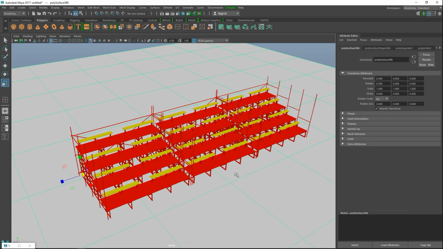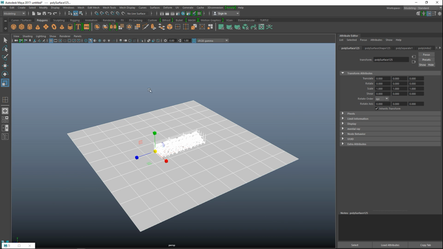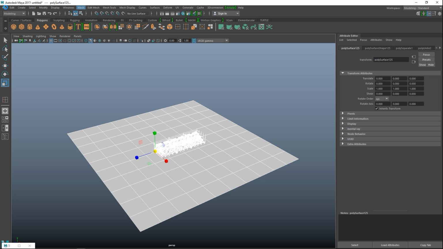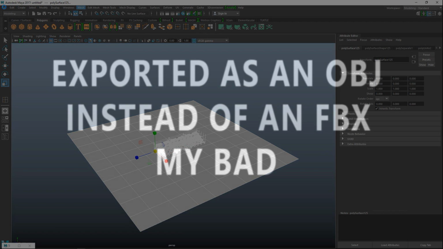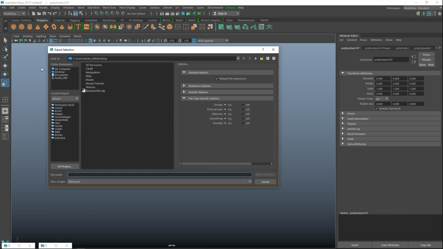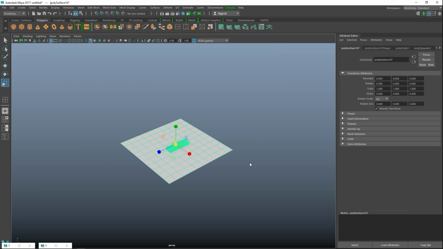Okay guys, so I added a yellow color for our benches here. And now the only thing we need to do is right click, go to object mode, select everything, go to mesh and combine once again. And then we're going to go to file and export. Okay, so we're going to go to file, we're going to go to export selection. Because we have it selected, let's call this an FBX. We'll call this Bleachers FBX. Okay, I'll save that out on my desktop. And now we can jump into Keyshot.